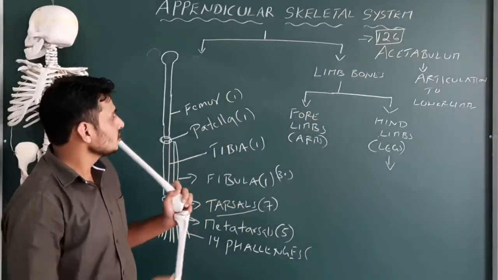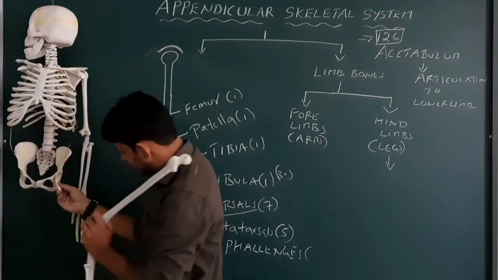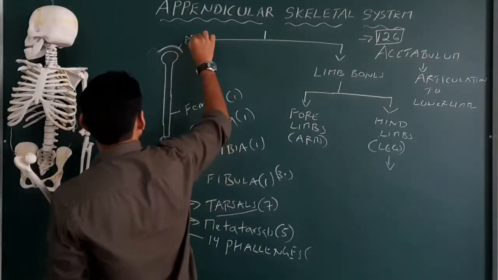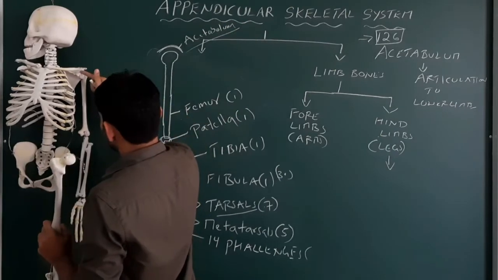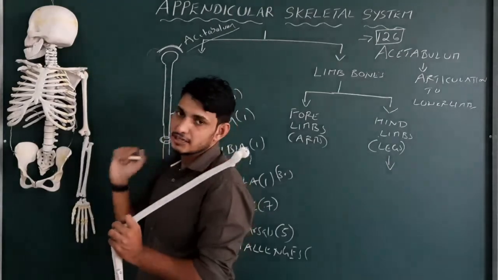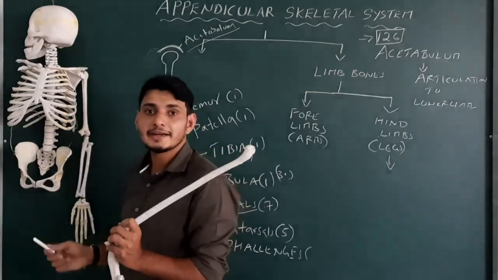Got it? Okay. So please remember the articulation. Here we have a cavity, and this cavity is called the acetabulum. Remember that, very important, acetabulum. In the case of the forelimb, we have a cavity in the scapula of the pectoral girdle, and this is called the glenoid cavity. And what do you call this structure? This is called the obturator foramen.